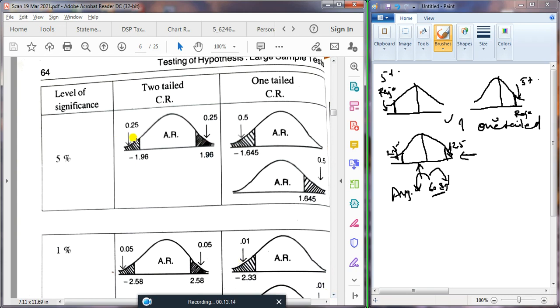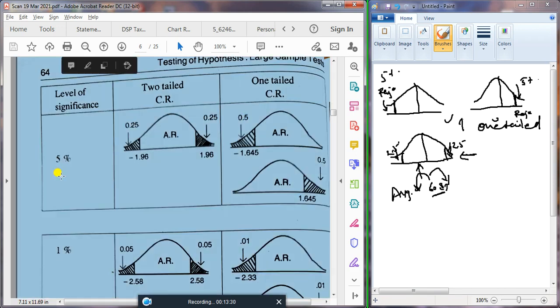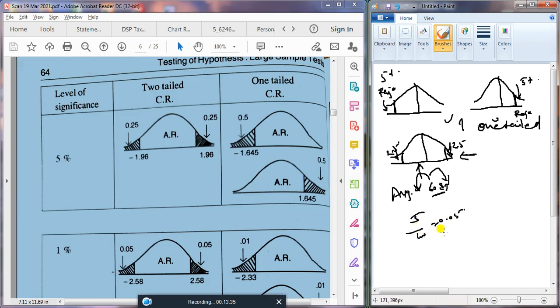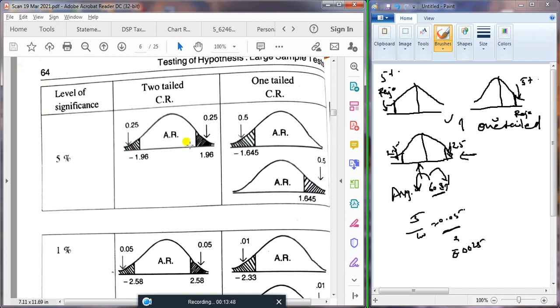So these are the critical regions, 0.25, 0.25, and one-tail critical region 5% is one-sided, 0.05. एक्चुअली, ये सपोज फिगर गलत है, ये भी 0.025 होगा क्योंकि 5% मतलब 5 डिवाइड बाई 100 होता है, तो 0.05 होता है। क्लियर? तो ये आपका दोनों जगह पे इक्वली डिस्ट्रीब्यूट करना है तो आपको डिवाइड करना पड़ेगा क्योंकि सिमेट्रिकल कर्व है, तो ये आंसर आएगा 0.025। तो 0.025 टेबल वैल्यू कहाँ पे मिलेगी वो आपको चेक करना है, तो 1.96 के आगे आपको ये एरिया मिलने वाला है।